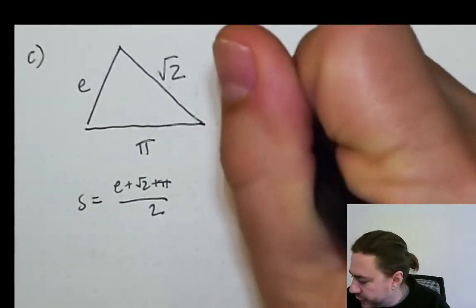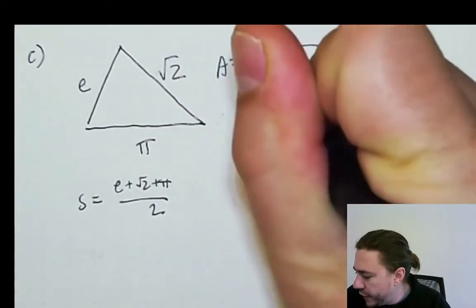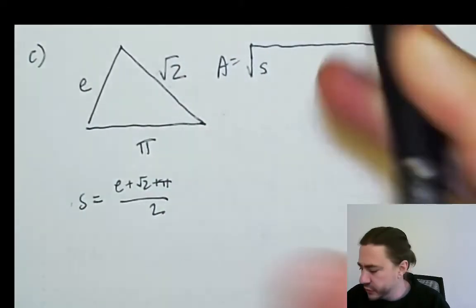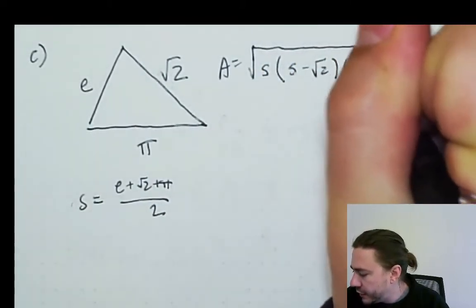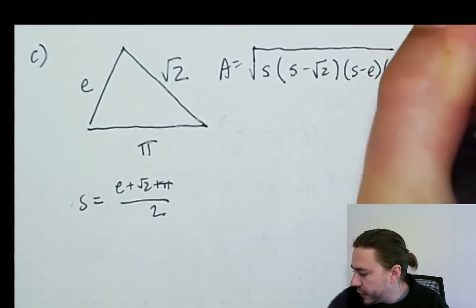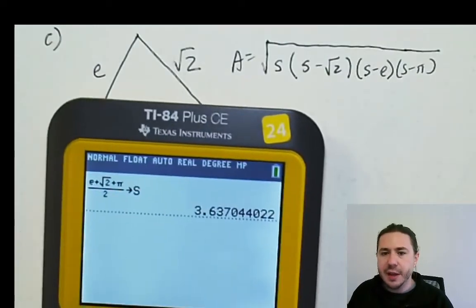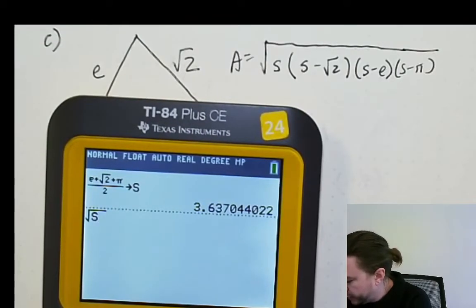So when I go to write this, I'm going to say this area is the square root of S, because I don't really want to have to write this thing all over again. I've already established what it equals, times S minus root 2 times S minus E times S minus pi. And so what I can do in the calculator is just type that in as it looks. So I have the square root of S, just a nice little trick here, times S minus root 2